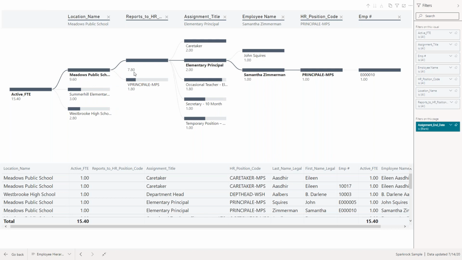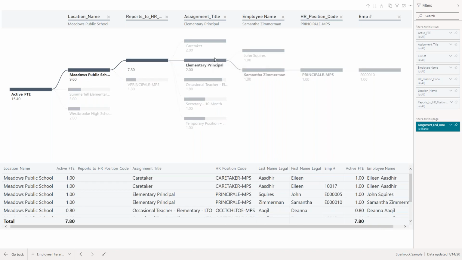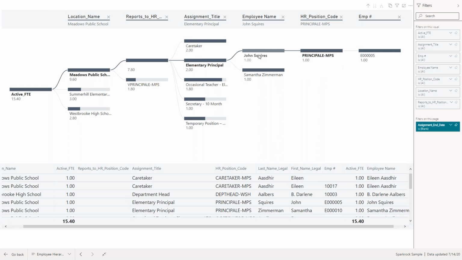So this Meadows Public, they have a principal here. If I click in, I can see they've got a 2.0 FTE for their caretaker. They've got their principal information, occasional teacher, secretary, temporary position here. And you can drill down a little further if you needed to know John's position code and employee number. You'd be able to see that, because there's two principals,